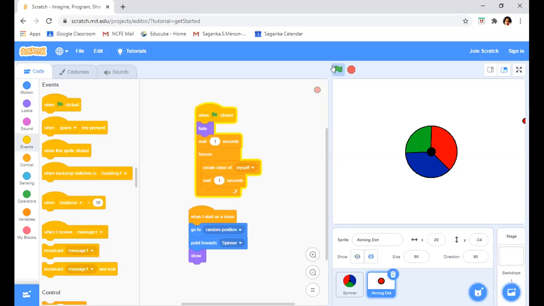Sir, it's not moving. No, it won't move. Right? Which is not moving? The dots. The dot is never supposed to move, right? We have not coded for the dot to move so far. We have to make the spinner move, right? So we will also make the dot move, but we have not done it so far. Okay. All right. We'll make that.